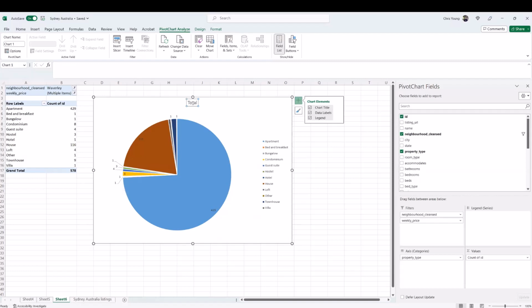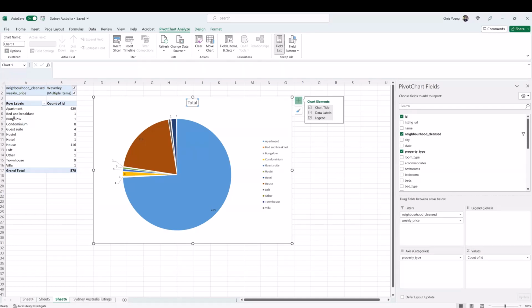But what I'm really seeing with this particular chart is it's quite ugly. And the reason why it's ugly is because there are several property types here that have very few listings, like bed and breakfast 1, bungalow 1, etc. And so you get these really small slices, and these are so not popular Airbnb listings that it just doesn't make the chart really good. So I'm thinking what I would like to do is I'm going to wrap this demonstration up, and I'm actually going to show you how to create another chart just from the summarized data and